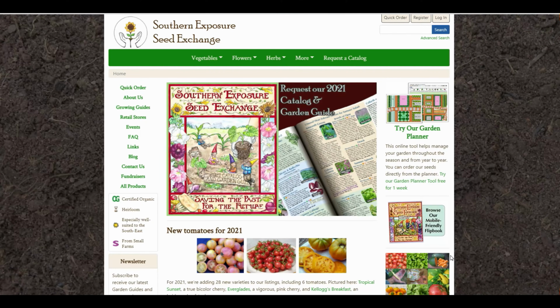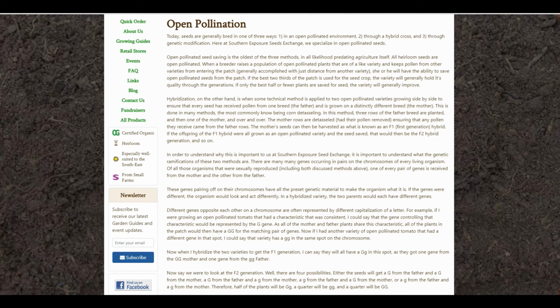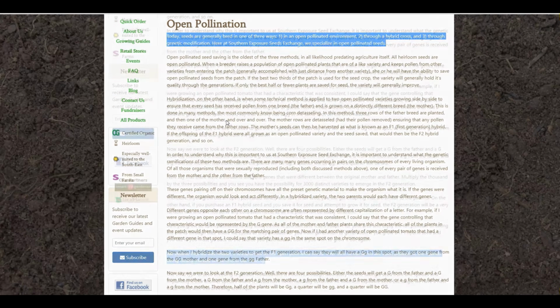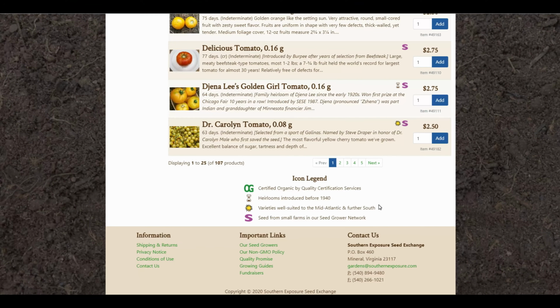And my fourth pick is Southern Exposure Seed Exchange. Southern Exposure specializes in heat-tolerant varieties of vegetables that are bred for hot, humid climates that perform well in the southern and mid-Atlantic regions of the United States. Southern Exposure almost exclusively stocks open-pollinated seeds and carries little to no hybrid seed. If you're a gardener that likes to save seed, you know how hard it is to find disease-resistant heirloom and open-pollinated types. For this reason, Southern Exposure is an invaluable resource for researching heat-tolerant and disease-resistant varieties of open-pollinated and